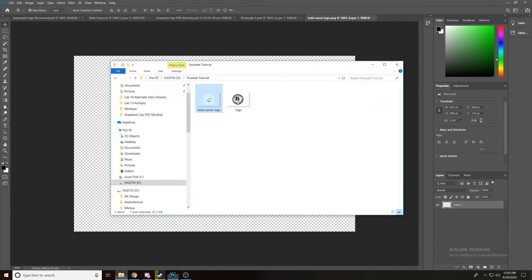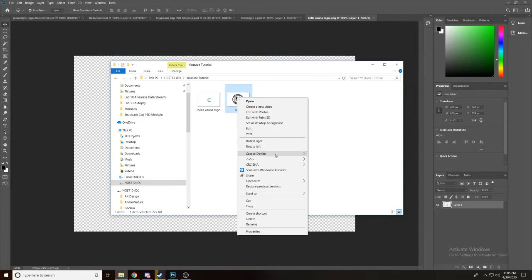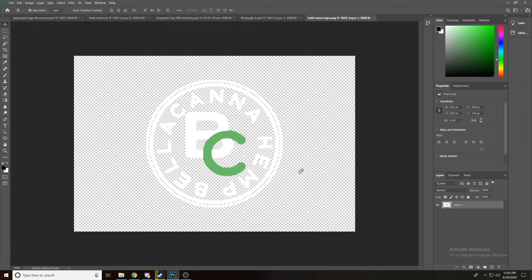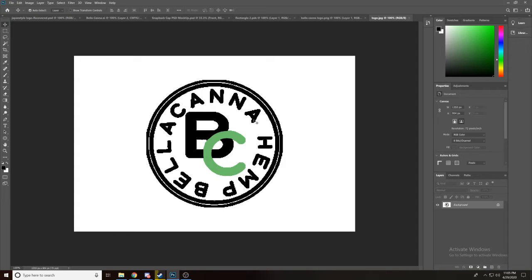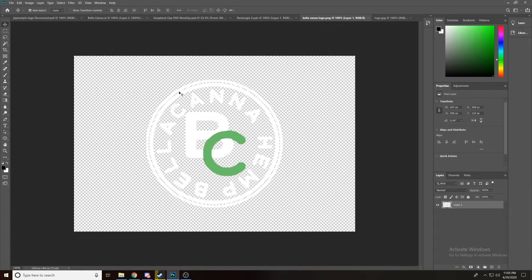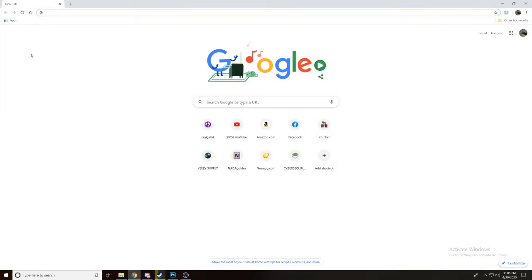And then the other way that's a little bit tougher is if you have a JPEG with a background. This one's not very good quality, so that makes it a little bit more tough. This isn't the proof for that job, by the way. This is just one of their logo files. Now, the first thing you want to do is go on the internet and find what you want to put it on. So we will just look up